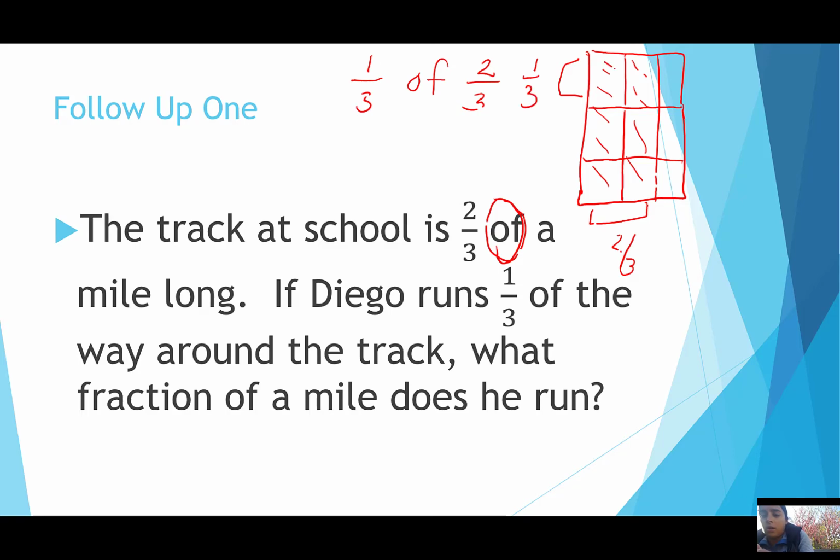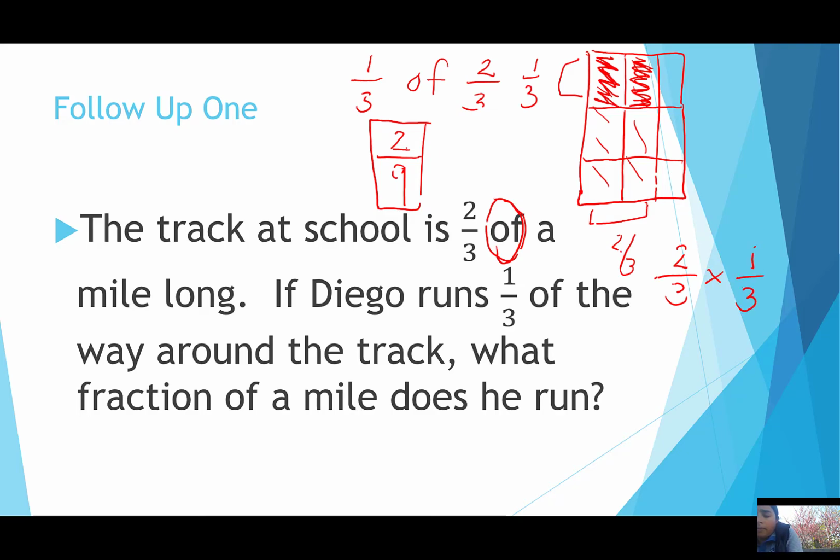And I'm going to shade darker where they overlap. So 1/3 of 2/3 is 2 out of the total amount of pieces: 1, 2, 3, 4, 5, 6, 7, 8, 9, so 2/9. So what fraction of a mile does he run? 2/9. If I did this using an algorithm, I am writing an expression, 2/3 times